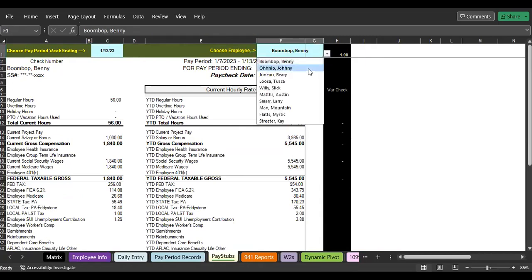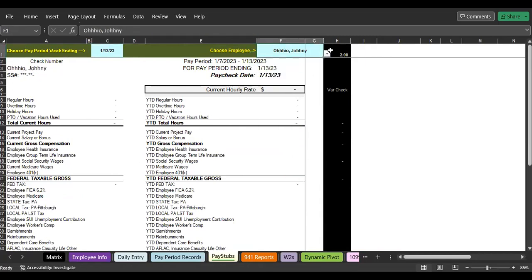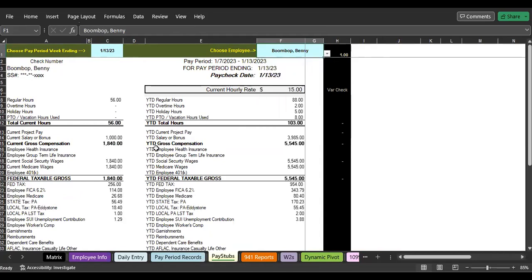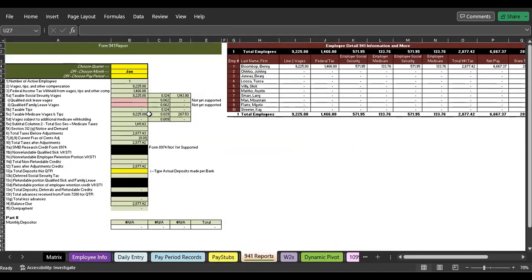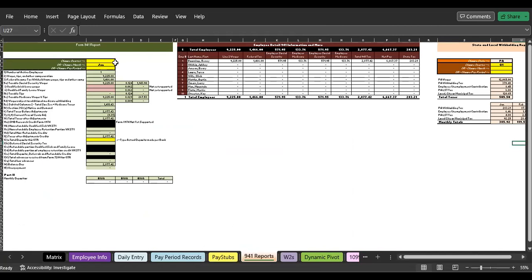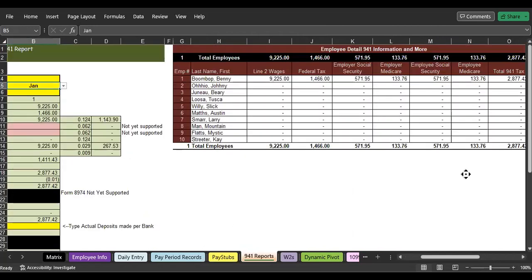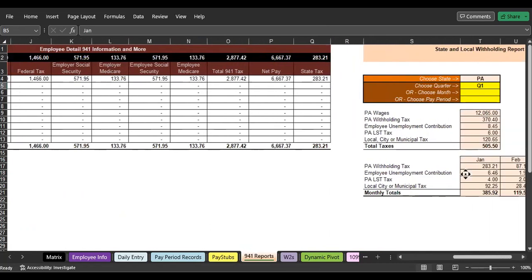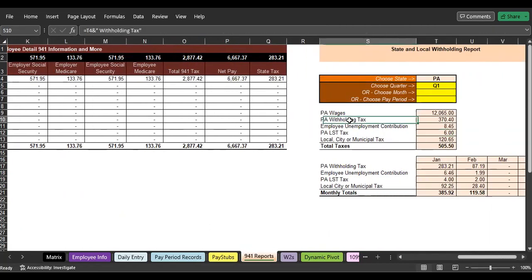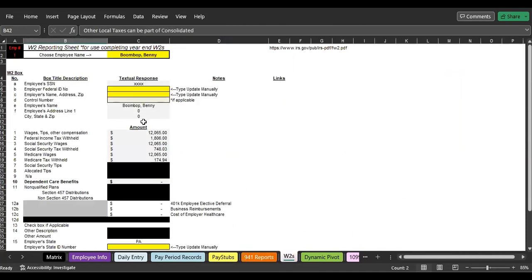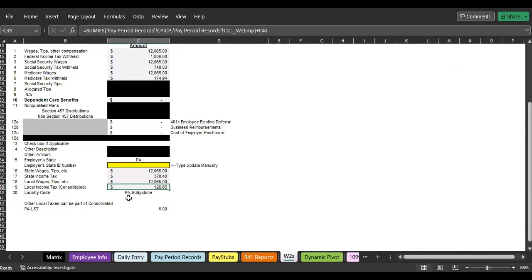Choose the employee name, get a different employee, different pay period. So all the reports are also tied together. And you can do quarterly reports, your 941 report, or your state report over here to the right, which also breaks out your state tax, your local tax, and your L.S.T tax. W-2s, same thing. Local tax gets consolidated plus the L.S.T tax down here,